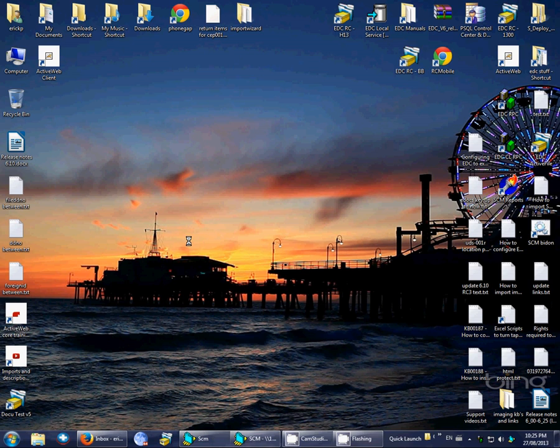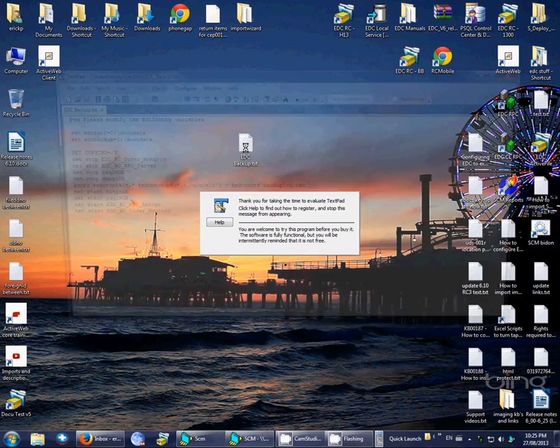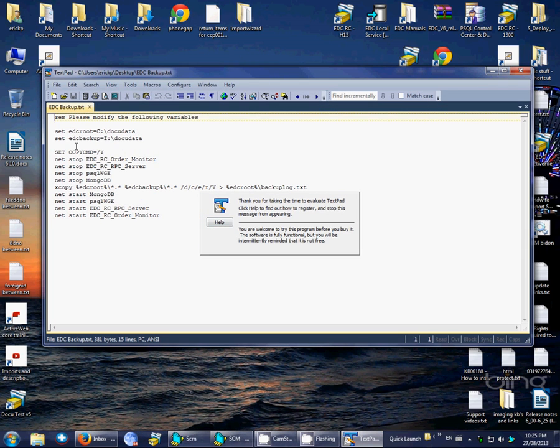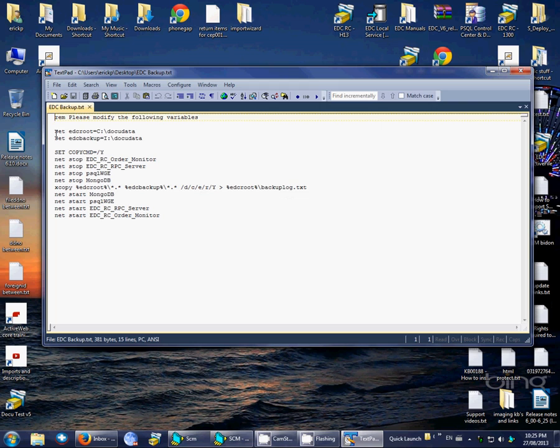So what we usually do is I do have this file here. It's like an example script of a backup script. So if I open that up, basically all it does here, it sets the root folder of DocuData, your real DocuData folder, where it is on your server, and where you want to back it up to. So you want to back it up to an external drive or something. So you put the locations of these two in here,